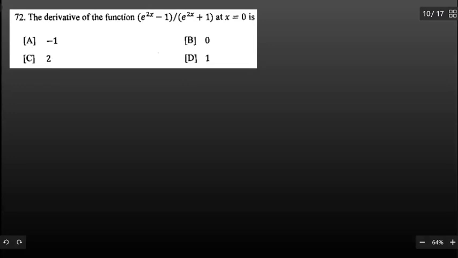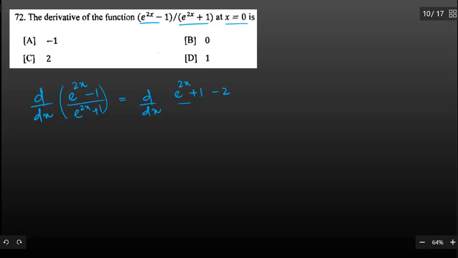Let's move to the next question, and the question is, the derivative of the function e raised to the power 2x minus 1 divided by e raised to the power 2x plus 1 at x is equal to 0. So d by dx of e raised to the power 2x minus 1 divided by e raised to the power 2x plus 1. So what will be the derivative of this function? We have to write it like this, that this is d by dx of e raised to the power 2x plus 1 minus 2 divided by e raised to the power 2x plus 1,